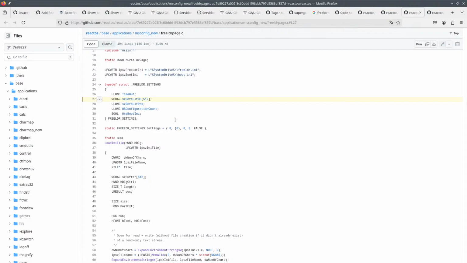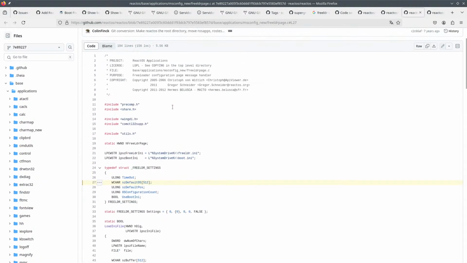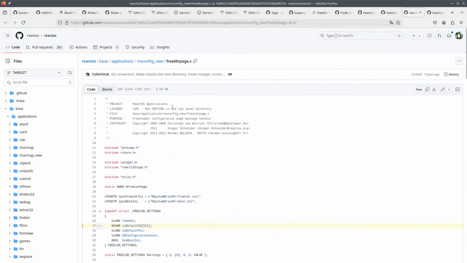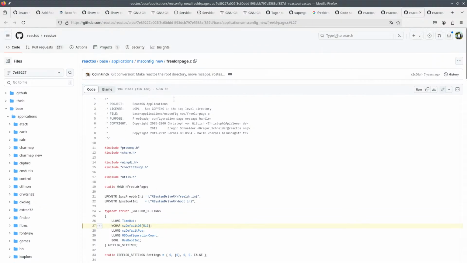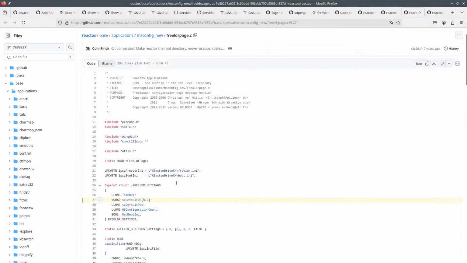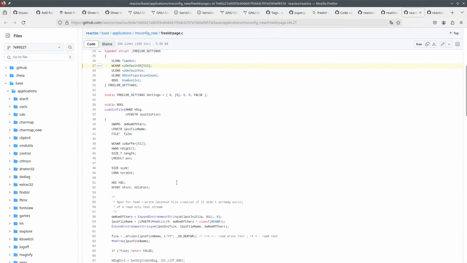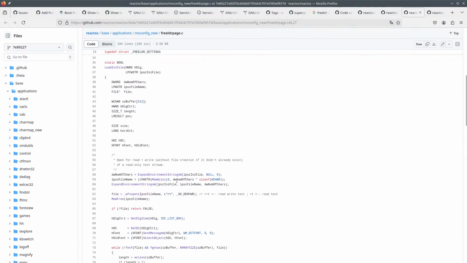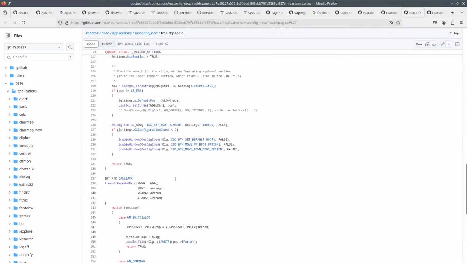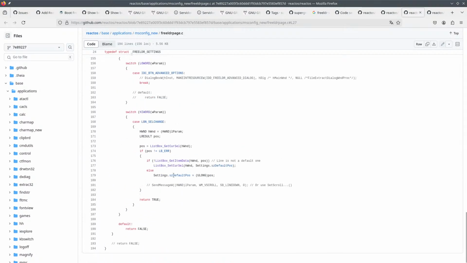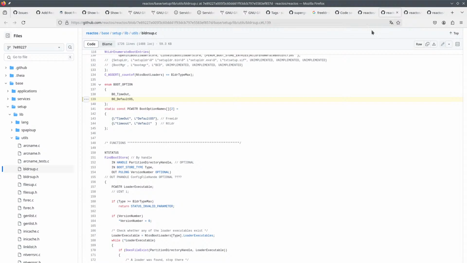I mean, actually you don't want default OS to be parsed, you only want parameters. ReactOS applications. So this is an application which is called msconfig, which I guess lets you reinstall FreeLDR somehow, or change the order or whatever. So this is not what we are looking for.